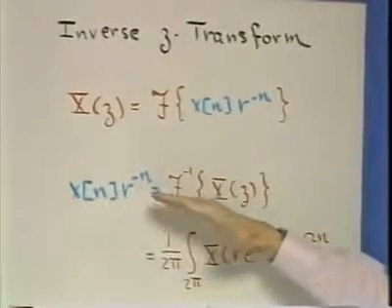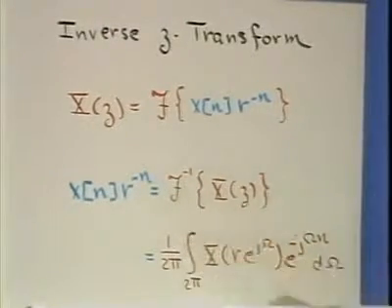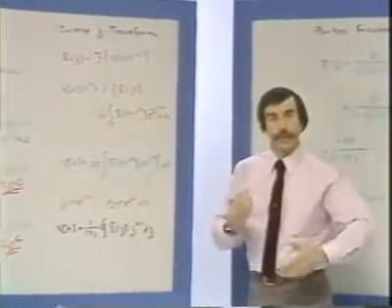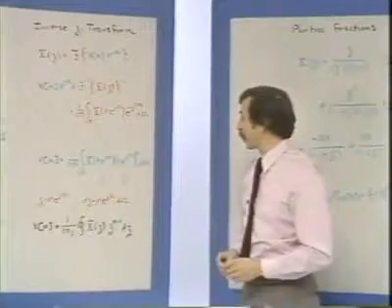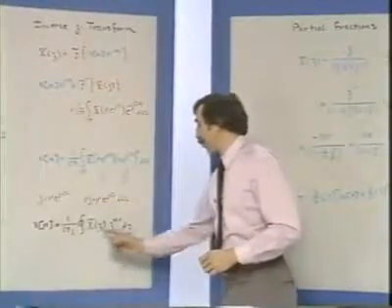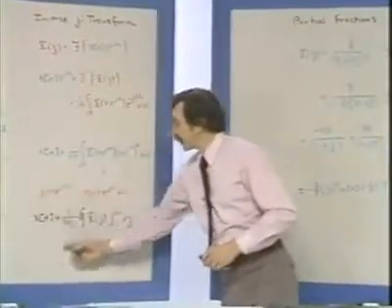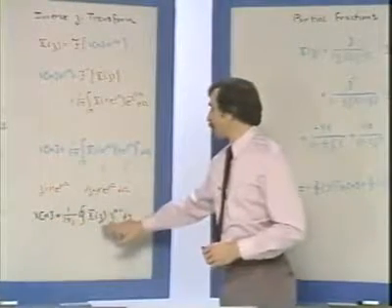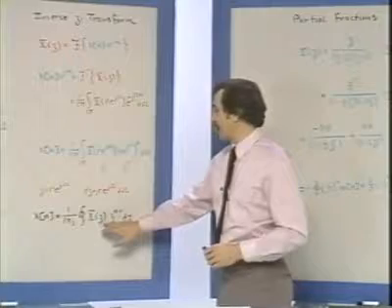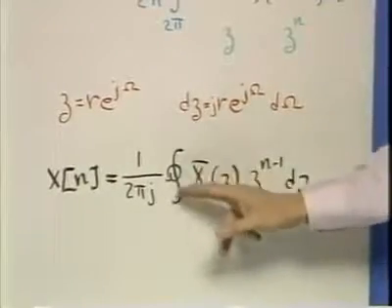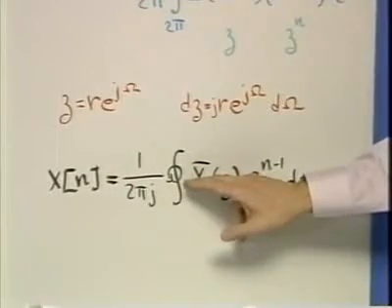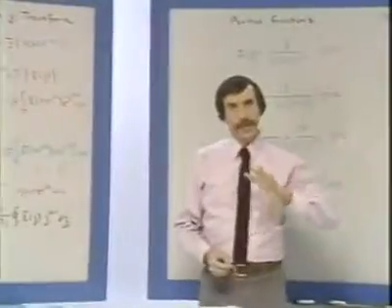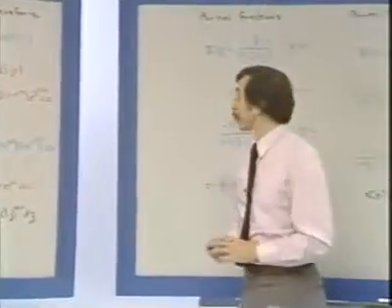So we can apply the inverse transform to that, and that gives us not x of n, but x of n exponentially weighted. And if we track that through, then after we've taken care of a few of the epsilons and deltas, we'll end up with an expression that expresses formally the sequence x of n in terms of the z transform, where this, in fact, is a contour integral in the complex plane. And so there's a formal expression, just as there's a formal expression for the Laplace transform.